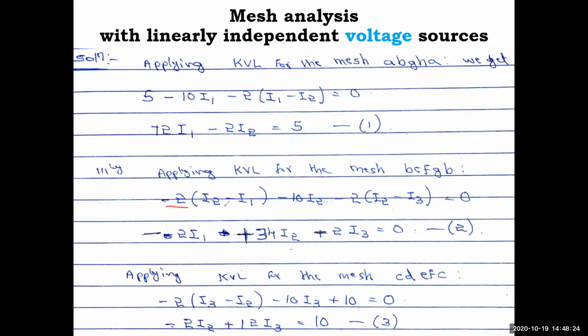So minus 2 (I2 minus I1) with respect to mesh 2 now, which is common between mesh 1 and mesh 2. You have the network there, just look at it. Then with respect to the mesh, same, you have minus 10 I2. So I think I have missed something here. Okay, so which is minus 20 I2. One more resistance I have missed here, but in total I have written that. So just add this, it is not there in this equation. Minus 10 I2, then the resistance common between 2 and 3, minus 2 (I2 minus I3), then minus 20 I2, which is in the bottom. Okay, and there is no voltage source in this circuit, so 0.